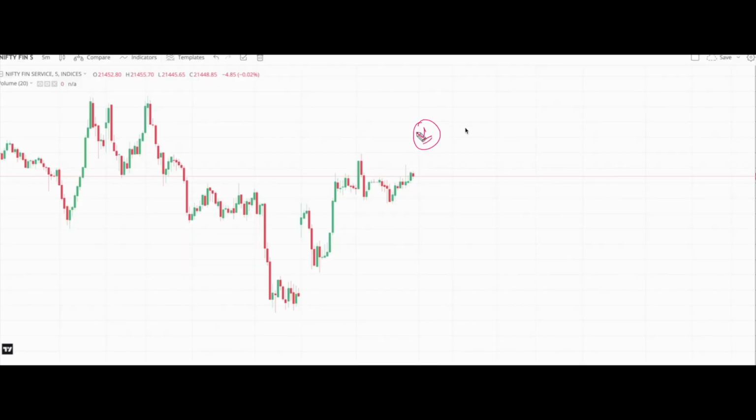Traders, now we have come to the end of the video. I have tried my best to explain the concept of choosing the correct strike price for a trade, especially on expiry. From this video, even if one person is able to take better decision while choosing the strike price, I would consider the purpose of this video served.